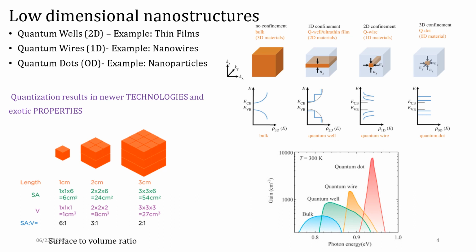So when you compare the surface to volume ratio, you have a surface to volume ratio of 6:1. But as you cut this into multiple number of pieces, you're increasing more surface here. Your surface area to volume becomes more,